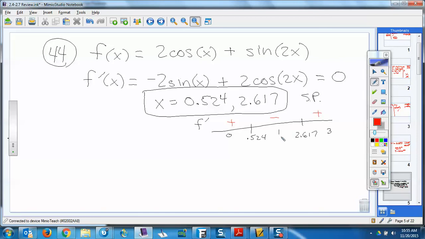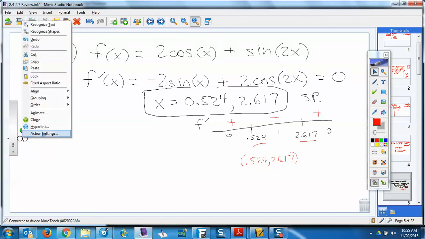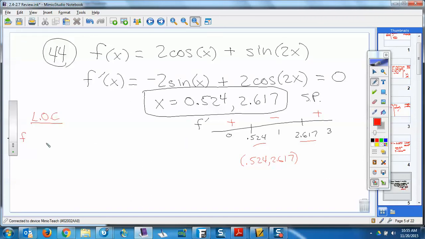All right, where is it decreasing? Between here and there, right? So you would say, with your parentheses, 0.524 to 2.617, right? Okay, what else did it say? Max min values. That's your list of candidates. So we need f of, what are my endpoints? 0. So I need f of 0. I need f of pi. I need f of 0.524. And I need f of,